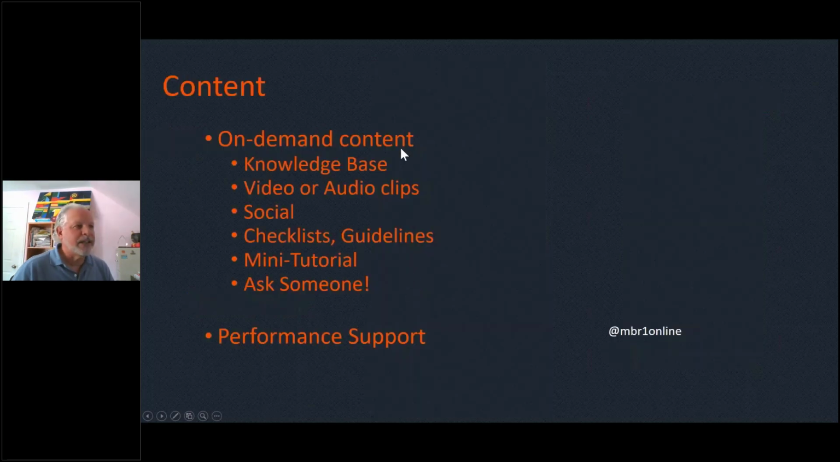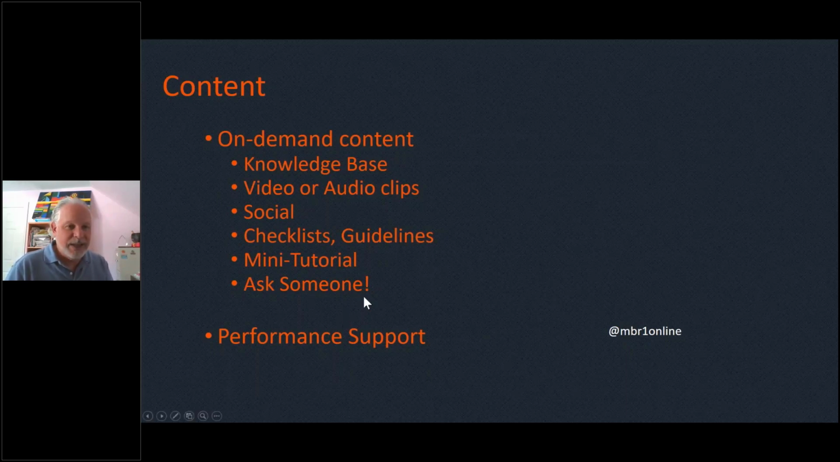So what do we mean by content? Of course, the key thing we want to talk about is getting content to be on demand, through a knowledge base, by quick short video and audio clips, social content, getting people's information from people in forums and things like that, checklists, guidelines, little tiny tutorials, just in time, just asking